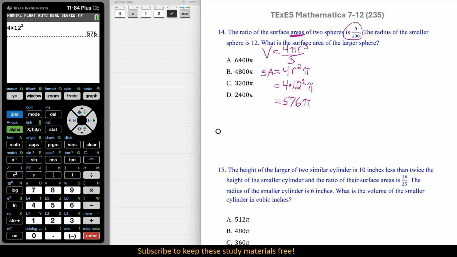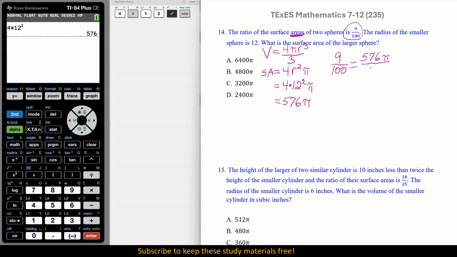576 pi, okay. Now what we need to do is take that value and set up our proportion. Now, as I said, our fraction is exactly the way we need it. We don't need to adjust it. So that's 9 over 100 is equal to. Okay, now the area that we have here is for the smaller sphere. So that's associated with the 9, which gives us